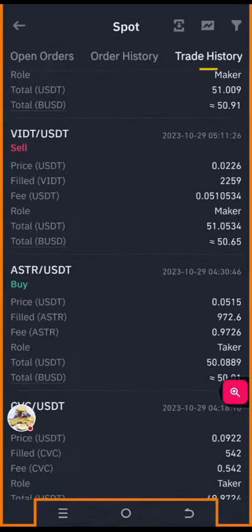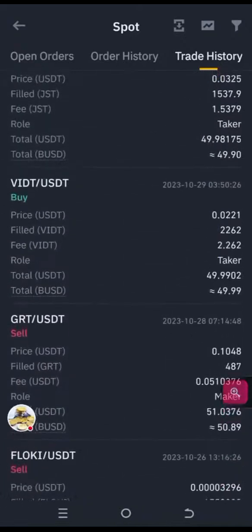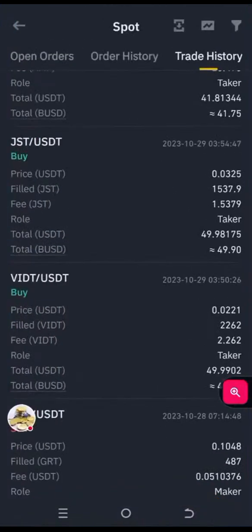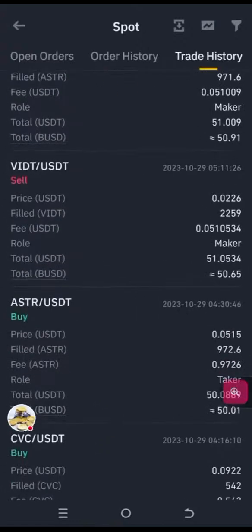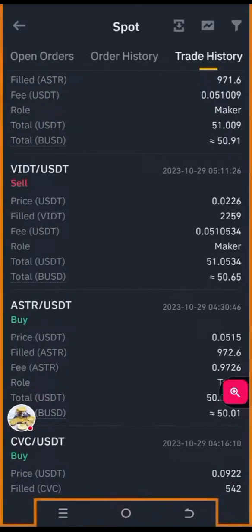So VIDT, we actually bought it at 221. Let me go and check so that I will show you and be very sure. Look at it here. So we bought it here at 221. That's the price we bought it at. And in terms of execution, we were able to execute it at 0.0226, and that gave us a profit of